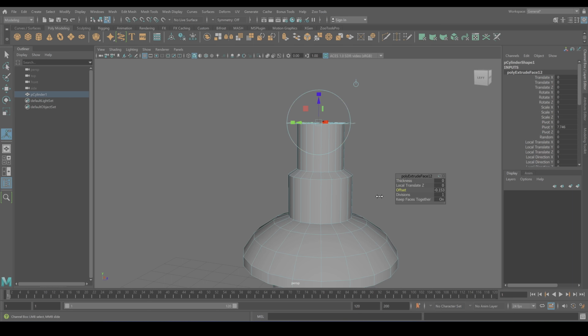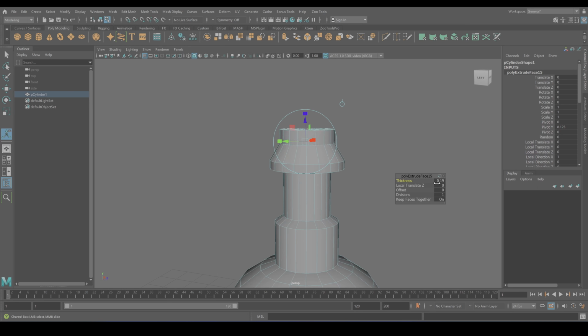Creating the second roof. And some sort of an antenna.